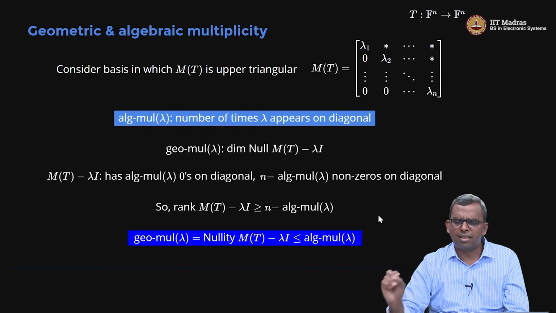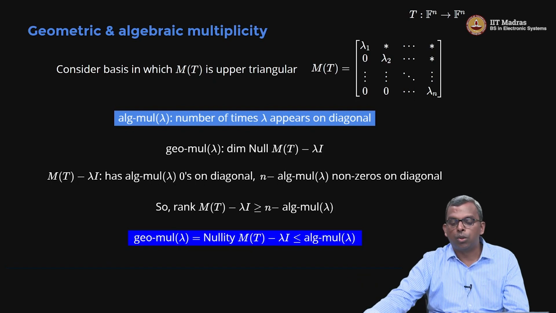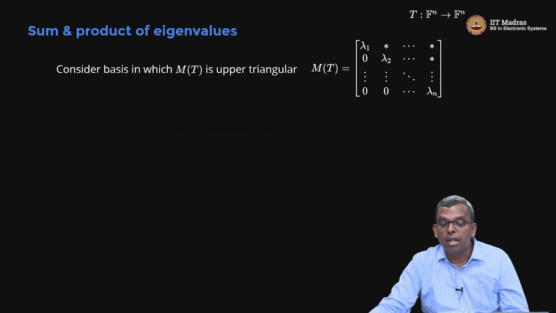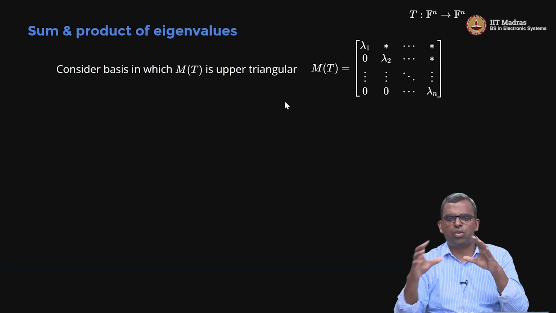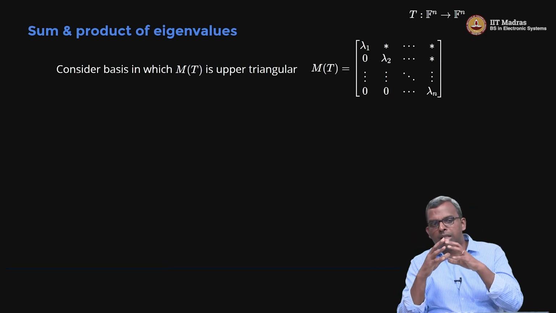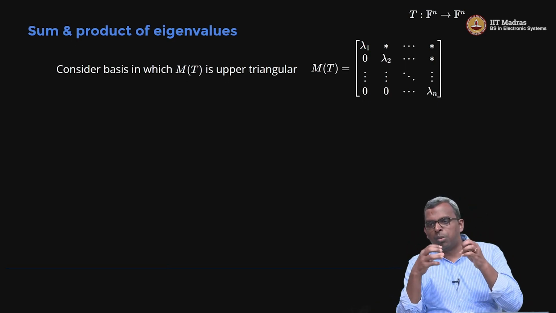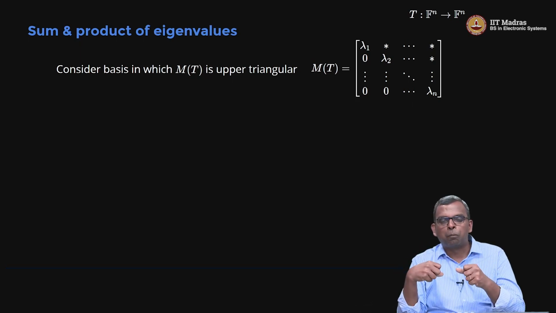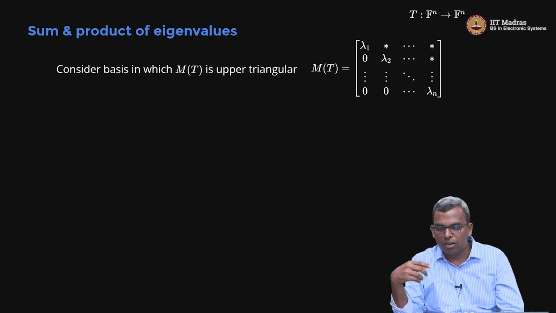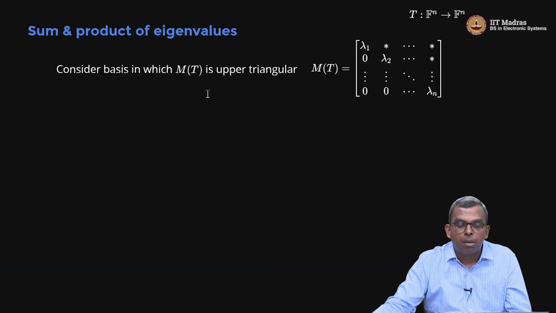Okay. So, very nice. This upper triangularization has these nice, powerful properties which you can use to prove things. Another property you can prove using this upper triangularizability is the sum and product of eigenvalues. Normally, when you saw the matrix, even for a 3 by 3 matrix, when you write down the polynomial, it is a complicated polynomial involving a lot of values, right. So, it is not clear what the sum of the eigenvalues or the product of the eigenvalues are. Sometimes it may not be clear to you, but it turns out here is a nice result from